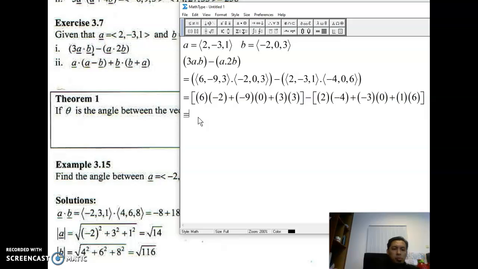So 6 times -2, we get -12, plus 0, plus 9, right,